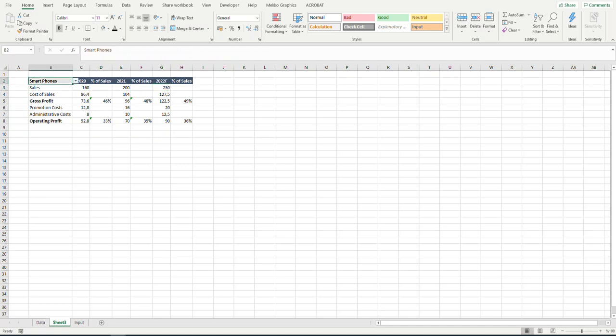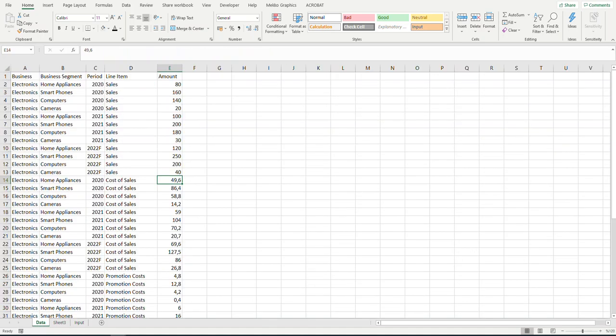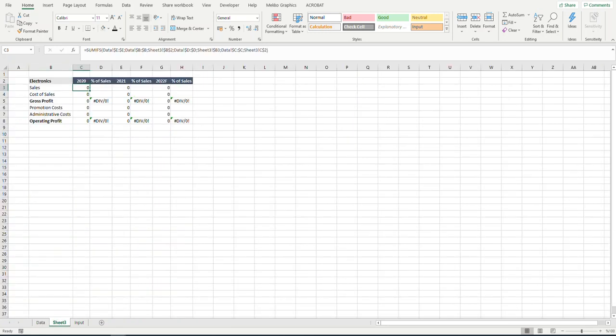But if we want to see the whole business, as you can see, we cannot get the data from electronics because we don't have business segments as electronics. We only have it in column A. So what I'm going to do is simply copy this part, right? If B2 equals electronics,